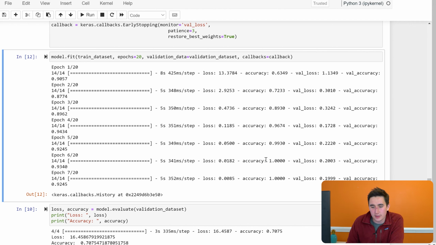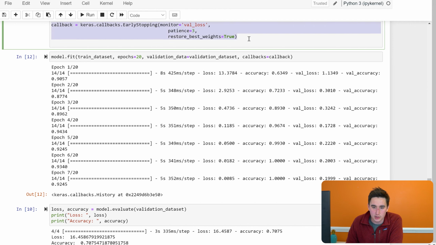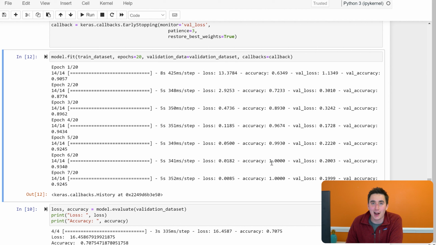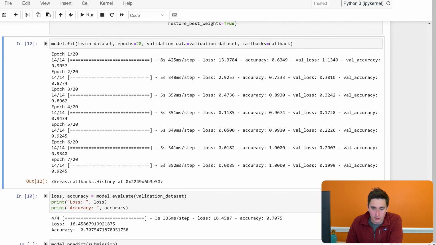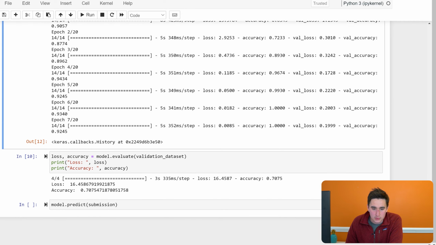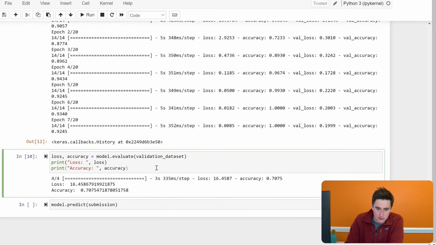Not necessarily a good thing, because if you're perfectly classifying the training data, you might be overfitting it, and you might start performing worse on the validation data. So we see that the callback was triggered, and we did an early stop because you can't really do any better accuracy-wise if you're classifying all of the training data correctly. So if we run this again,